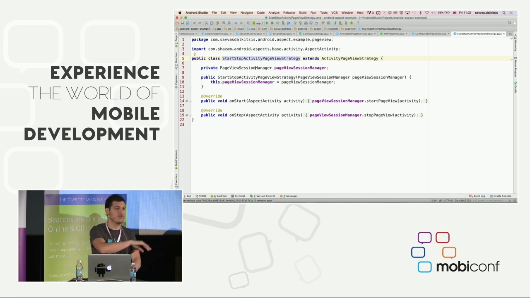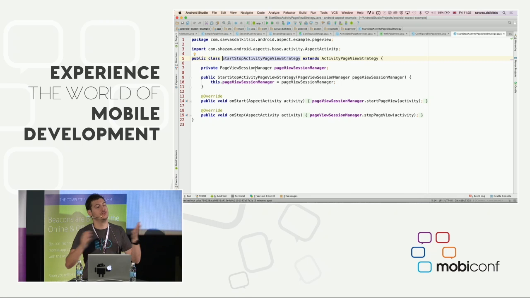Here, I've already gone through a pure interface by the traits. You can already see there's no Android dependencies there apart from that parameter that is passed. But there's still some, like I said, that parameter. But when those objects delegate to other objects, it allows you to do two things. One, unit test those behaviors. In this case, the session manager can be unit tested because there's no knowledge of Android.